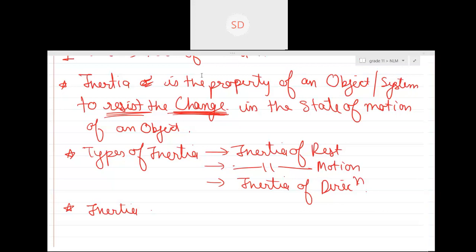So I was talking about inertia. Inertia is basically the property of an object or a system to resist the change in its state. Always remember, it is not resisting the state of motion, it is resisting the change. If I am at rest, then I will stay at rest until and unless an external force acts on it. Until someone comes and pushes me out, I'll keep on sitting there only. If I'm running, I'll keep on running until someone puts their leg in between, and then I fall. Are you getting my point?